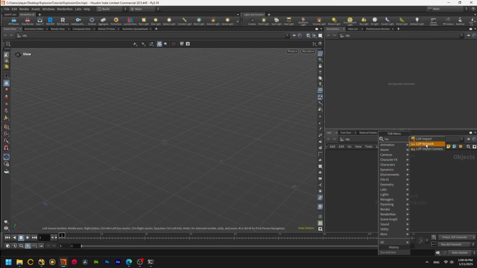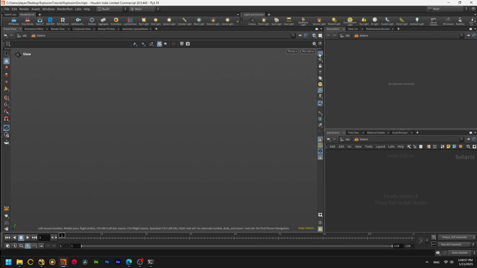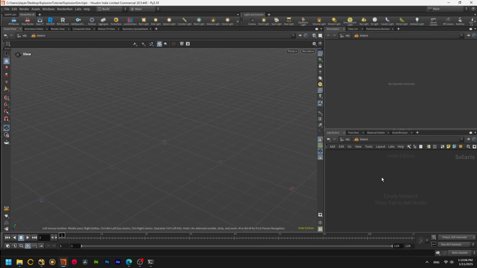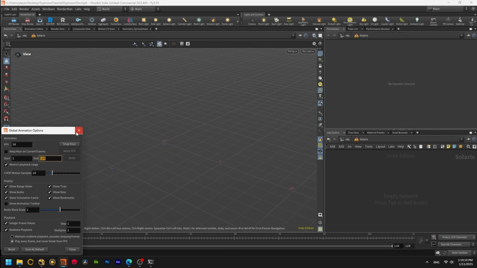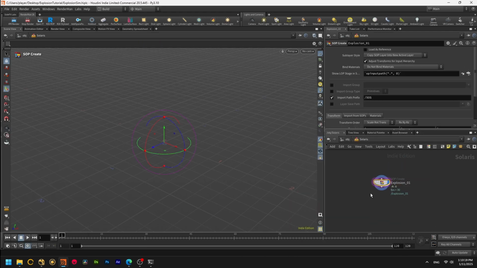To start, I simply create a Solaris context in which I will configure Karma XPU for my renders. I'll also limit the resolution of the volumetrics in the viewport right away to avoid lags. I will create a SOP context in advance where I will do the simulation,